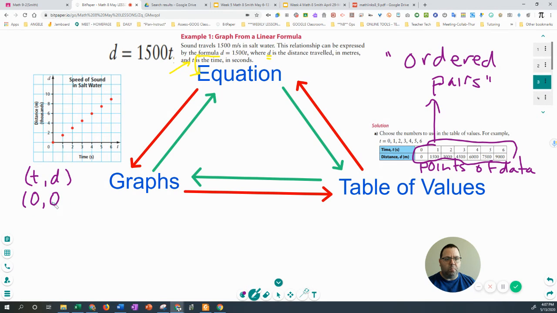Plottable points means we can plot them. We can put them on a graph. So 1, 1,500, right? 2, 3,000. Okay, I'm not going to write all of these out. You get the idea. 3, 4,500. Okay, some of you might think that's a 6. It's not, it's a 0. Okay, and so on and so on. 4,